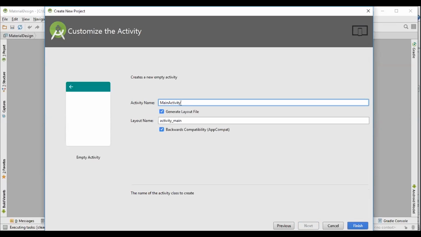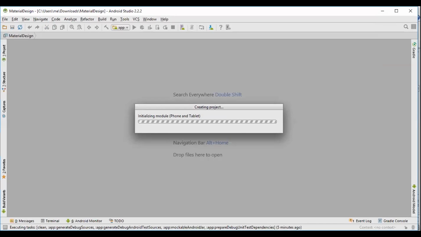Then you have to give the name of the class that you want to take and the layout name. After that, click finish. It will build up a new project in front of you. I hope you are all clear on how to create a new project in Android Studio. Guys, does anyone have any query? So now let's move ahead and see the project has been